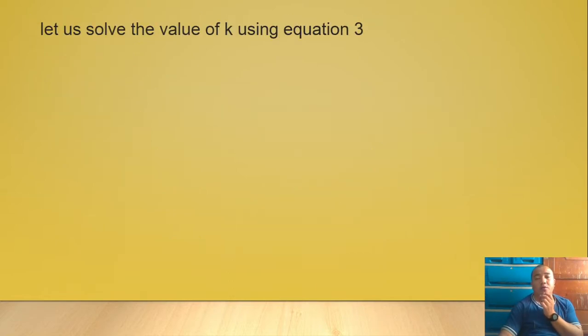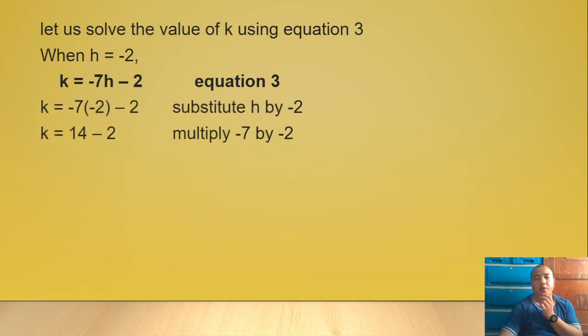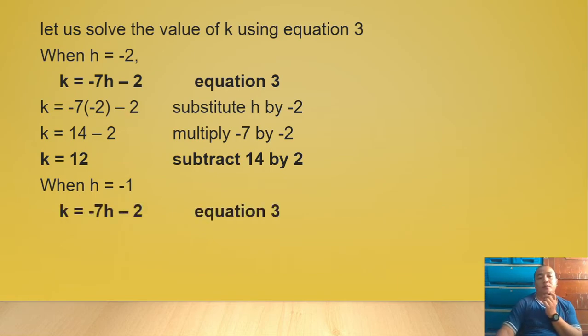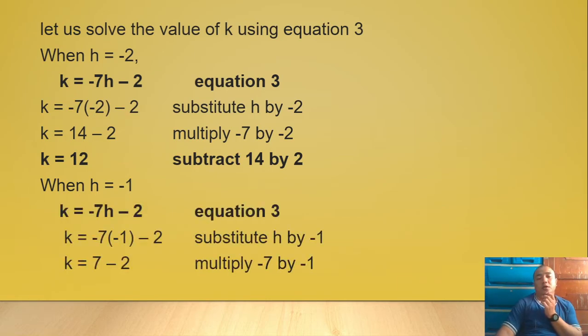So let us solve for k using equation 3. When h is equal to negative 2, equation 3 is k equals negative 7h minus 2. Substitute h by negative 2. So we have 14 minus 2 is 12. So h is negative 2, k equals 12. That means that is the center, negative 2, 12. For h equals negative 1, what is k? Substitute in equation 3, 7 minus 2 is 5. So the other center is negative 1, 5